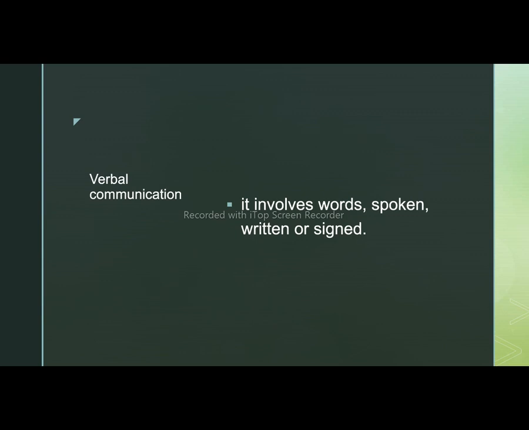So, why is sign language under the verbal communication, even though it does not use words? Well, in fact, it uses words. The words that they use are equivalent to gestures, or we can say that the gestures that they do are equivalent to words. So, no matter who you are talking with, if you make a certain sign that is universally understood by all people who understand sign language.